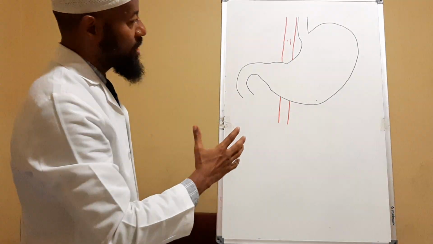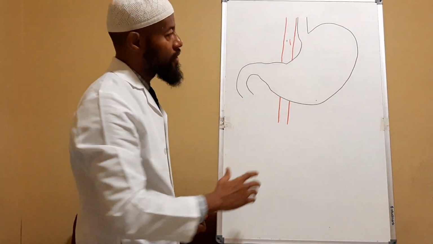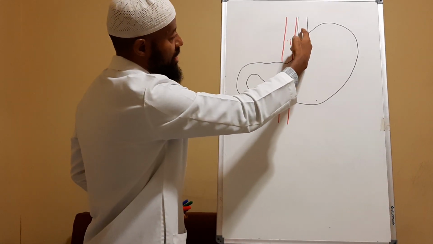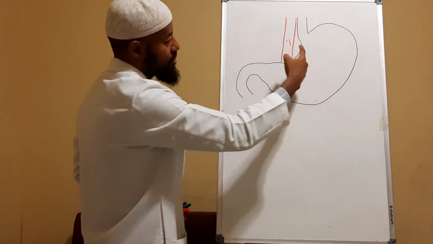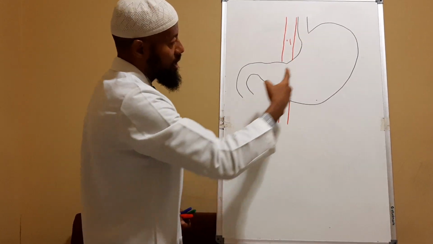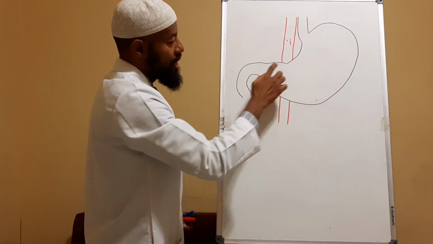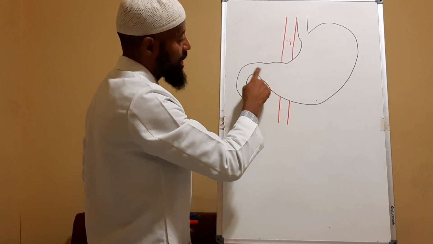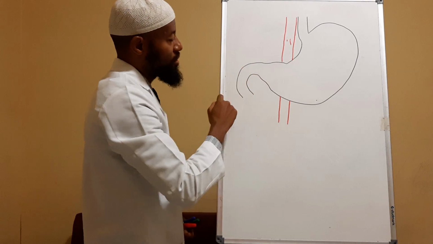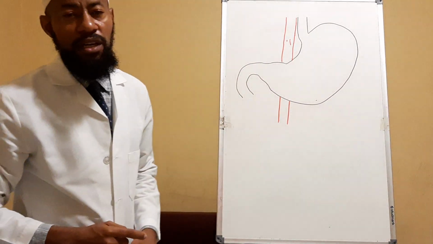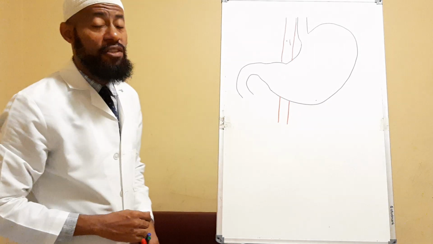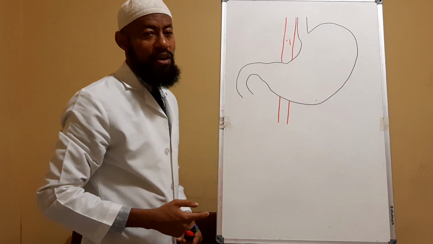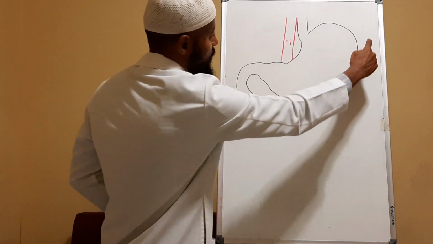All right, so this is an outline of the stomach. Of course, we know that this is the fundus of the stomach, and that's the cardiac region or the cardiac sphincter, and this is the body of the stomach, and this is the pyloric antrum, and this is the pyloric canal or the pyloric region. That's the first part of the intestine, beg your pardon, the duodenum. That's the abdominal aorta, and the whole of this is the